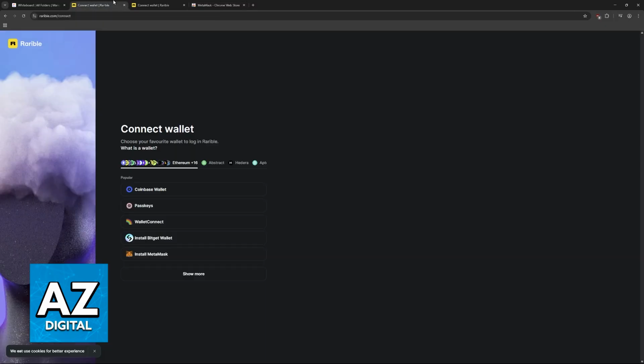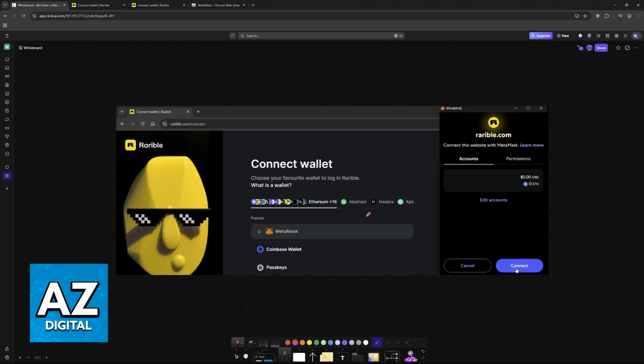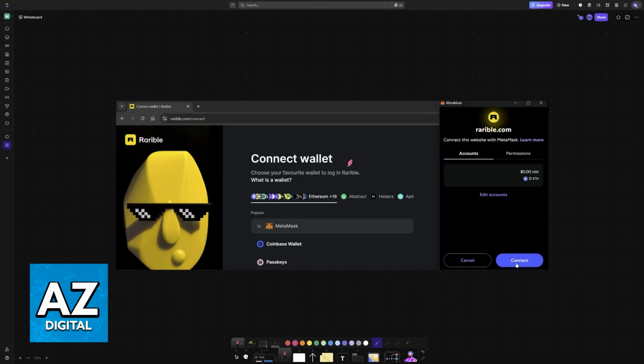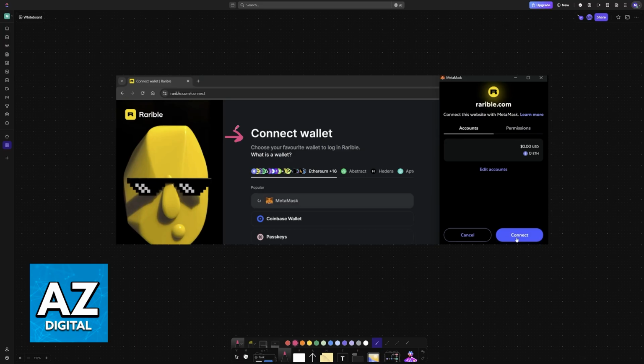For this video, I'm going to assume that you already have the MetaMask wallet set up and proceed ahead. But if you don't, then follow the instructions and set it up. If you go to Connect Wallet, just like I showcase right now, and you have the MetaMask extension installed, instead of seeing Install MetaMask, you will simply get the option to manage it through the extension.